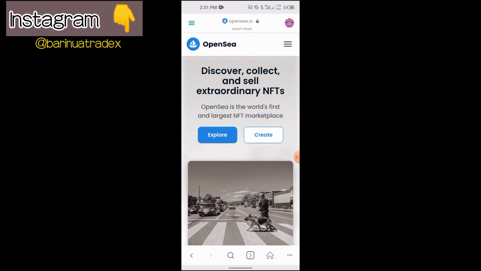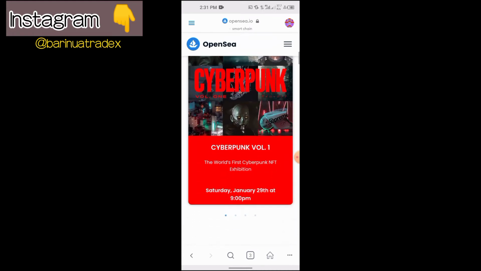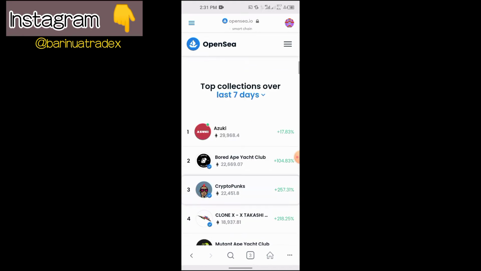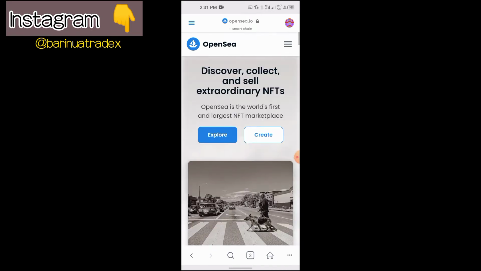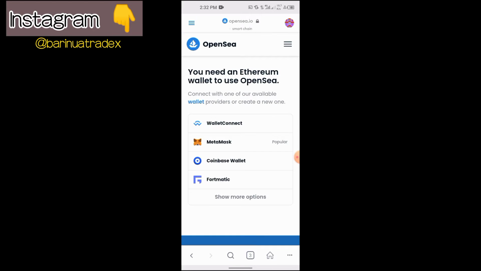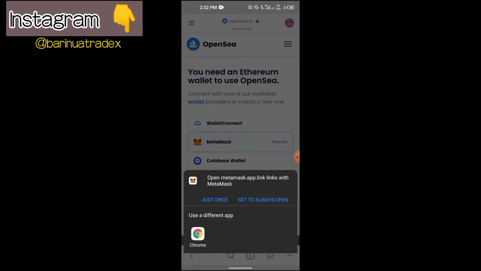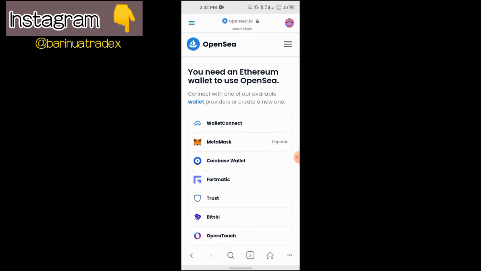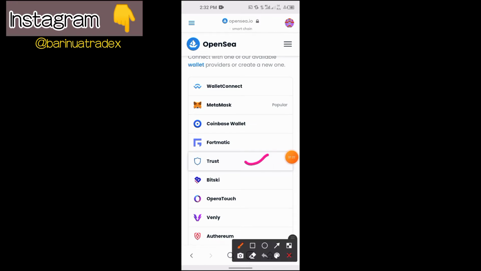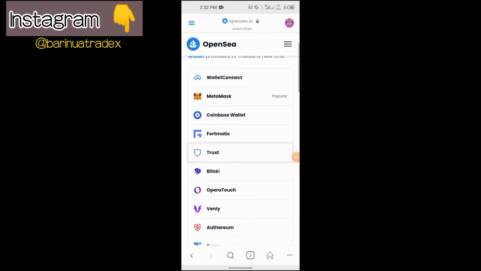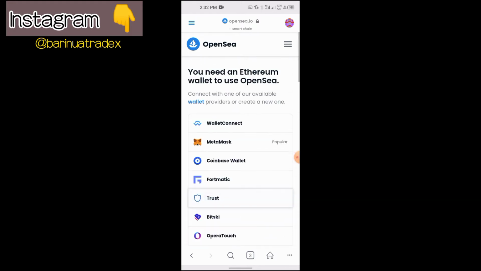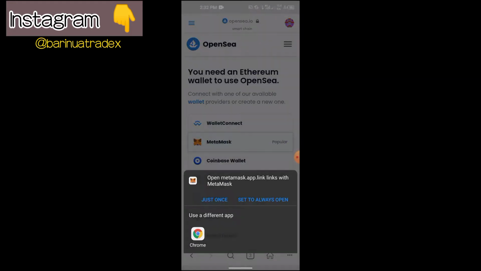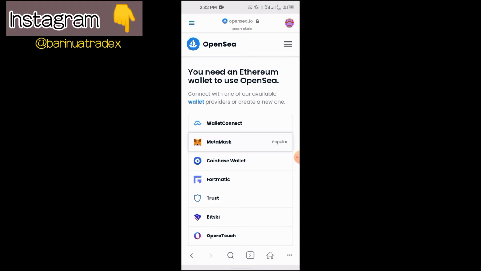You can see in OpenSea NFTs that are already there and some collections. So I'll have to click on create an account, connect MetaMask. If you're using Coinbase, you can connect it with Coinbase wallet, Formatic. I think this WalletConnect is where you can use Trust Wallet to connect. There are a host of different other ones here. So I'm gonna use MetaMask right here. I'm already using the app, so that's cool.